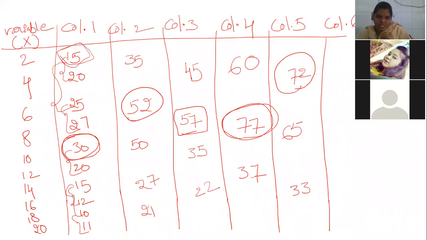Then 6, 7, 8 you have to add like that. See here. First you just leave the 15 and 20. Two frequencies we are leaving. Then we are adding 25 plus 27 plus 30. 7 plus 5, 12. 82. Then next one is 47. 1, 2, 3 we are adding. Then 20, 15, 12, 47. So here we have only two frequencies, but we need 3. That's why we are leaving these two. So in the last column, we have